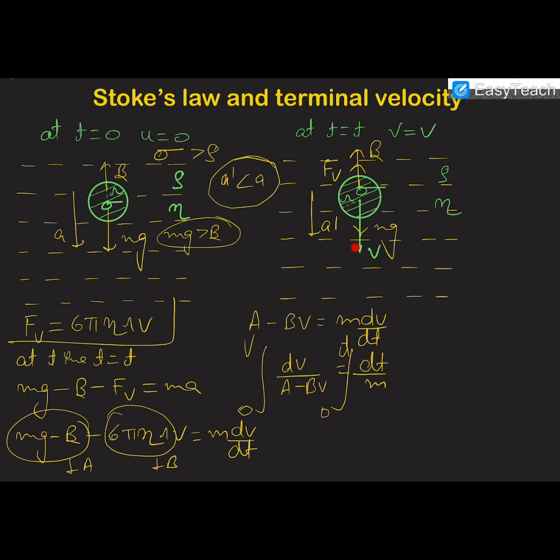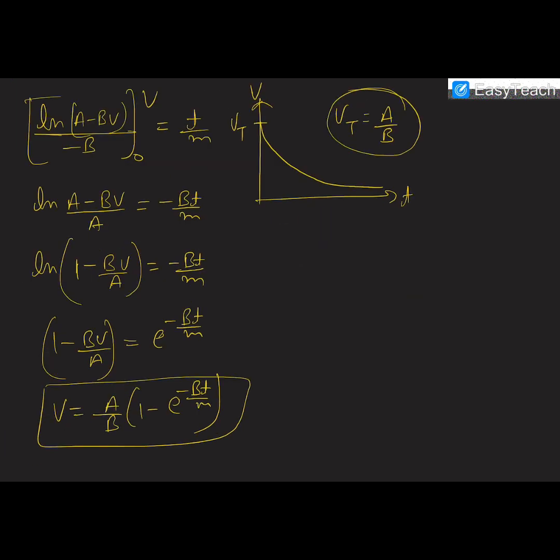lower net force. So as the acceleration of the ball is decreasing, its velocity is still increasing because the ball is still accelerating in the downward direction, although its acceleration has decreased. So its velocity will be increasing and the viscous force will keep on increasing in the reverse direction. So a time will come when the net force acting on the ball will become zero. Till that time, the velocity of the ball was increasing continuously, and at that time the velocity of the ball